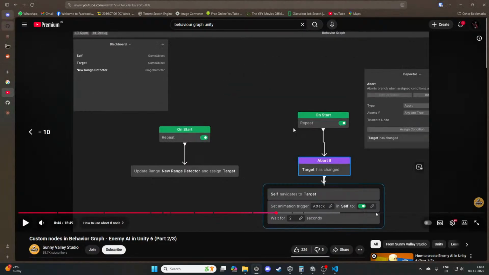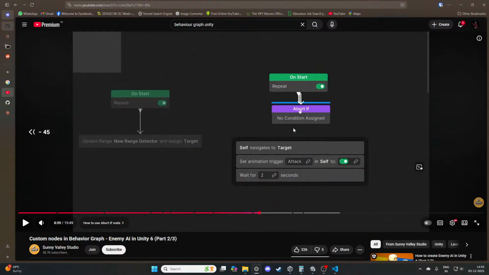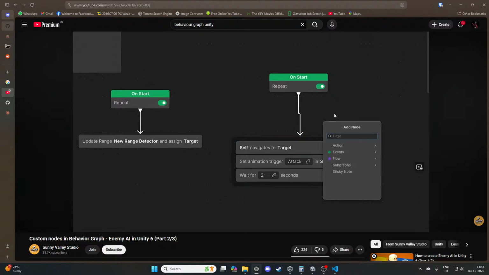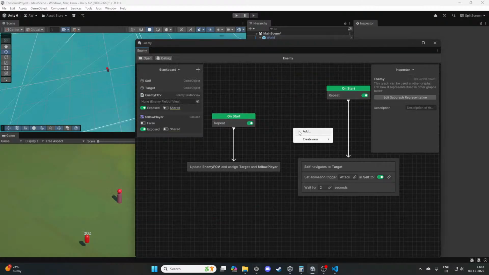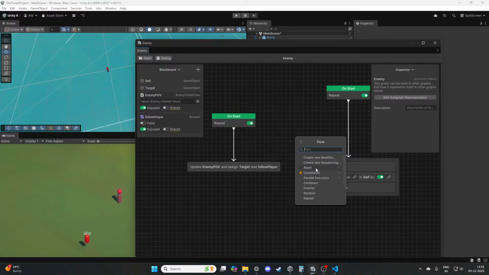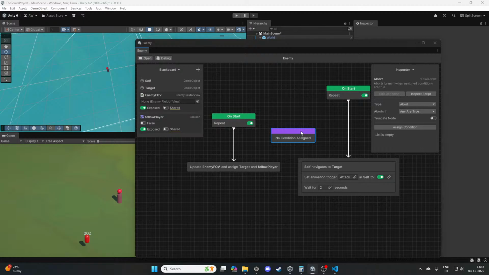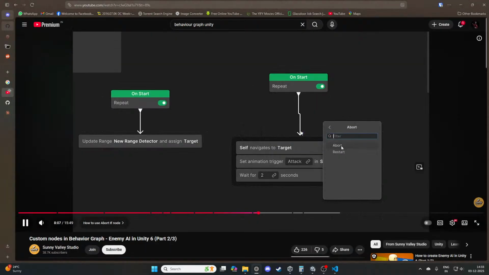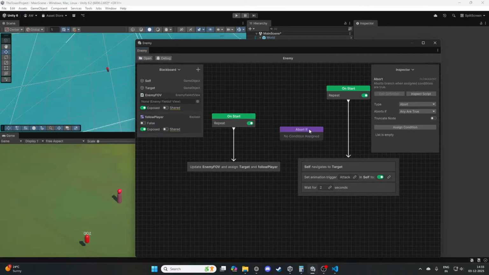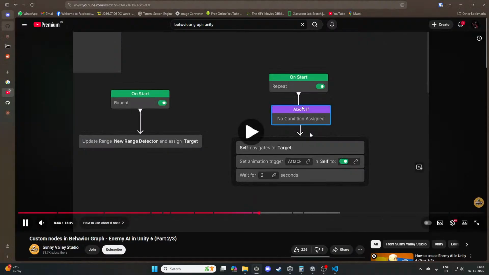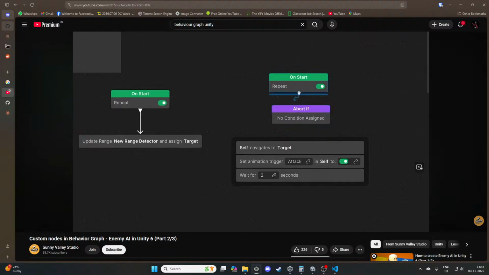How do you do that? Abort if. To stop this graph from invoking those nodes, we can right click, add, and we can select flow and abort. Okay, right click, add, flow, abort. And abort node. Abort if. Now this abort node allows us, let's delete this on start connection, pressing delete, and let's connect this